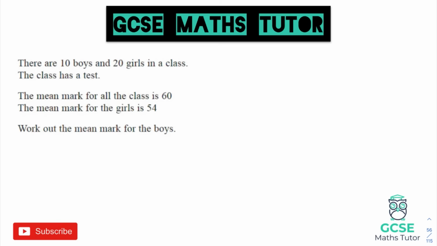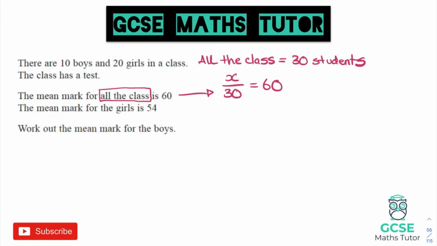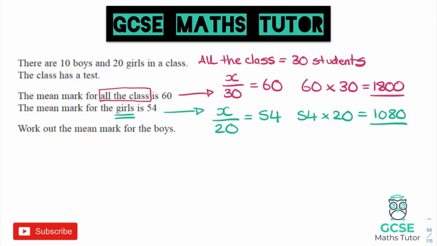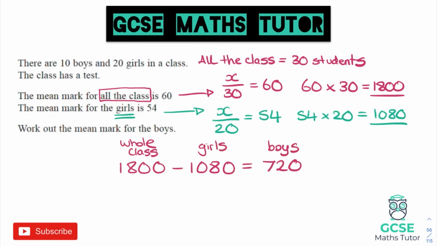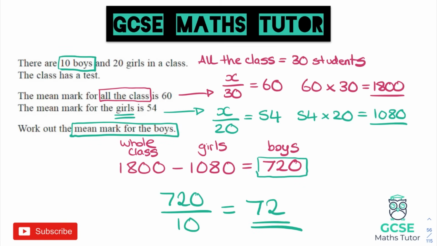For when you are looking at reverse means, you need to actually multiply the amount by the mean that's given. So for this one, the mean for the whole class is 60 and there are 30 students in the class. So the mean multiplied by 30 gives us the total. We would apply that to any other statements that are given about the means, and then we can also find missing totals that we need and find the mean as normal. So for here there was 720 as the total for the boys and 10 boys, so we could do that